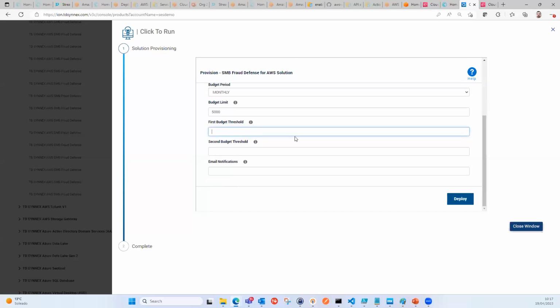And that budget threshold, we can put, for example, first threshold can be 50%, and the second budget is 80%. So once we get to $2,500, we get the first alert, and then once we get to 80% of that limit, we get a second alert. We also have a third alert that is based on the forecasted